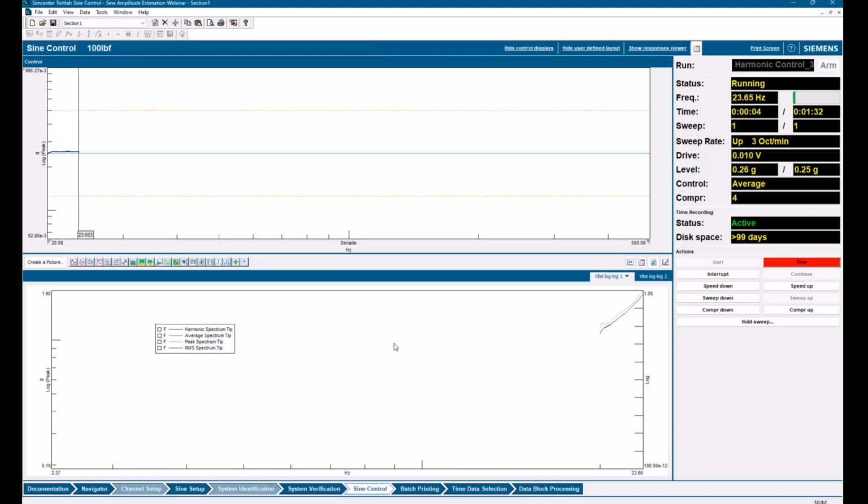And we can see what's happening. Right now I'm hitting some rattling. I have a bolt in a hole that's loosely tightened at the end of the tip of my cantilever there, so it rattles around a lot in certain frequencies.